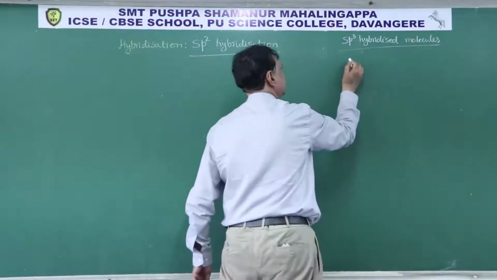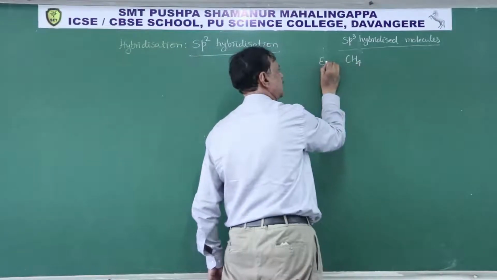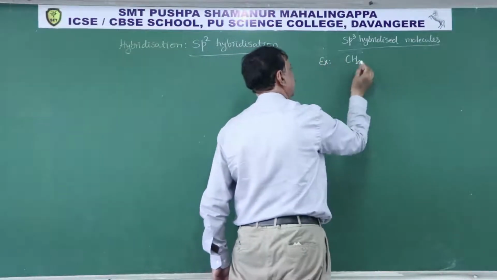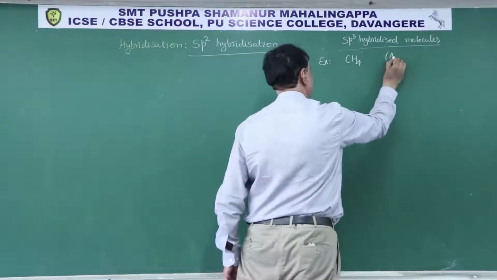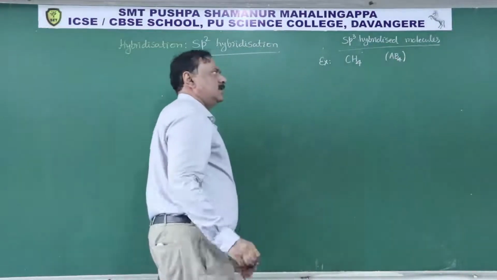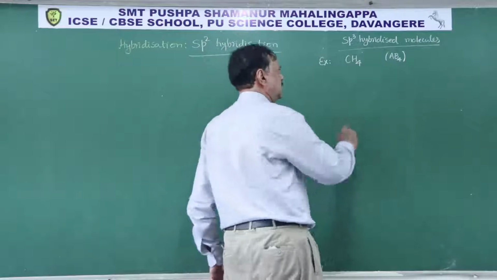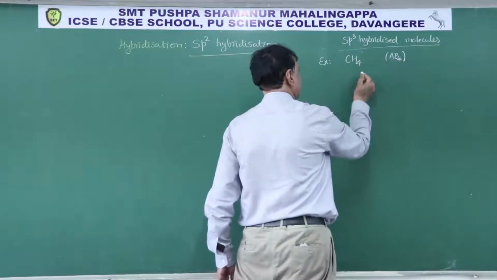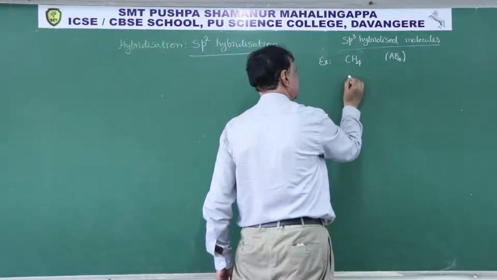The example I mentioned is CH4, an AB4 type of molecule. AB4 type molecules have the ability to form this type of hybridization, and CH4 is one of them,